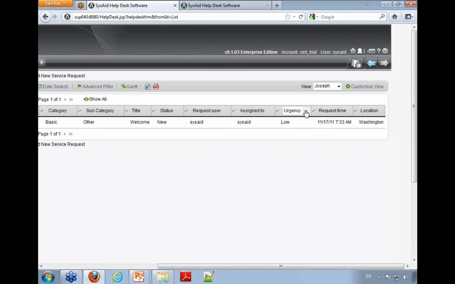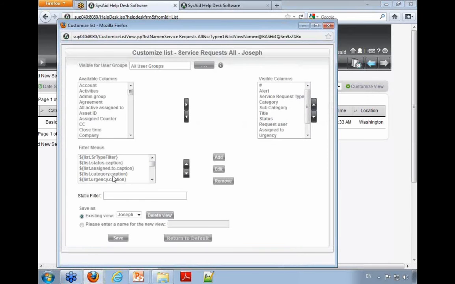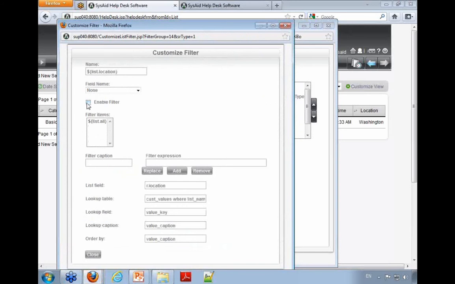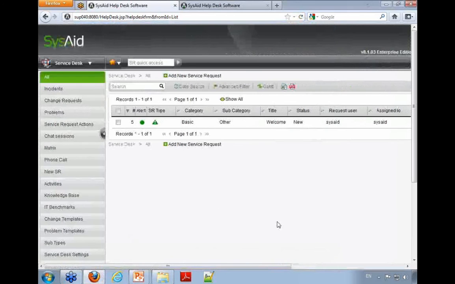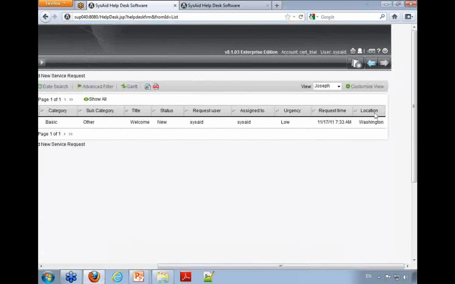Let's talk about filters. You can see some of them are available. For example, urgency is a filter you can filter by. And location, in my case, the column I just added, doesn't have a filter menu. I cannot filter by location. So let's go ahead and configure that. Or actually, you know what? In Sysaid 8.0, we already added all the filter menus that we thought are available and commonly used. So all you have to do is go and find the filter you're looking for, click Add and just enable that filter. It will then,